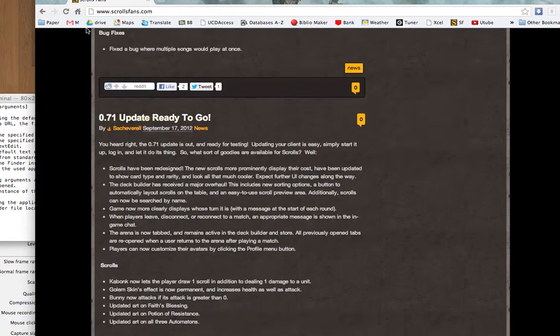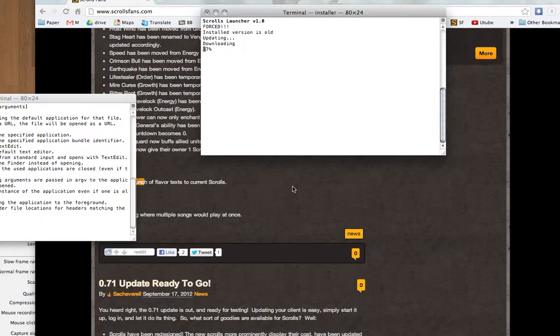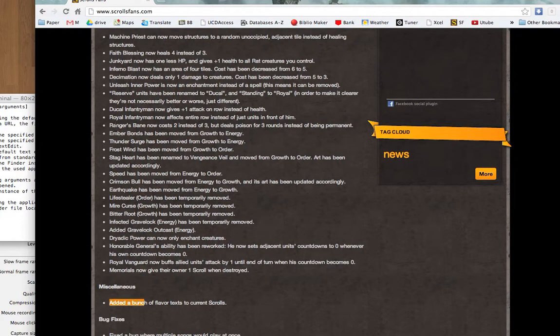More flavor text, that's good. Flavor text. Woot, woot, woot. We'll check on this download, see how it's doing. 37%, probably because I'm recording, but one of the big things that they're changing in the Scrolls update is they're